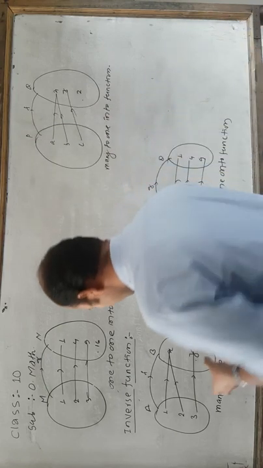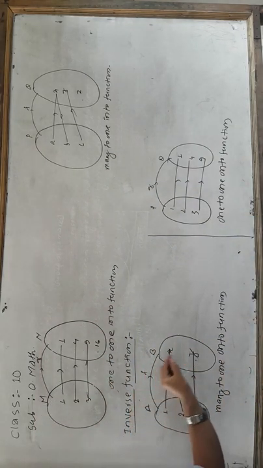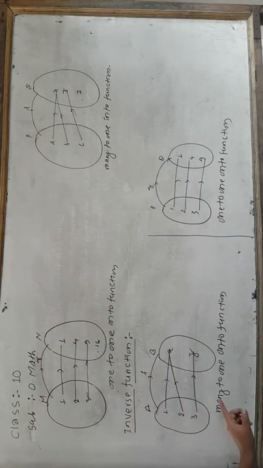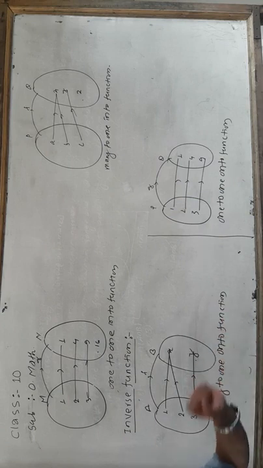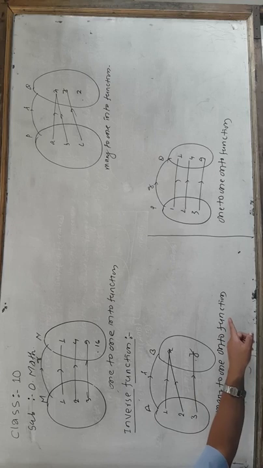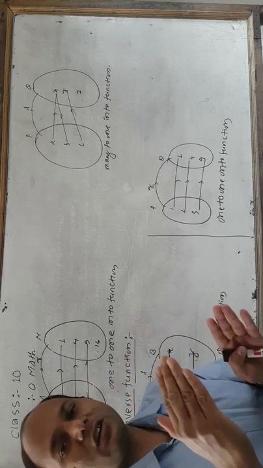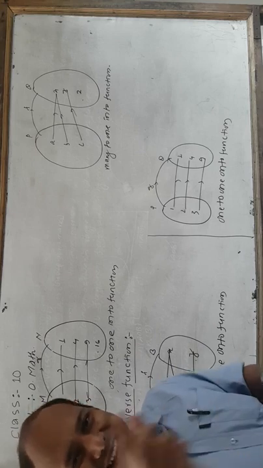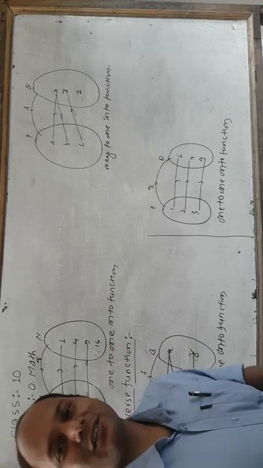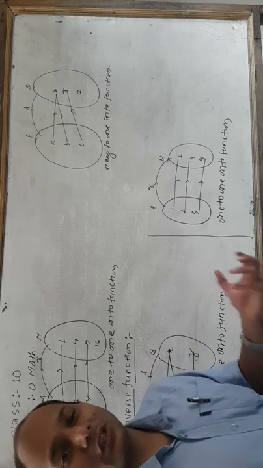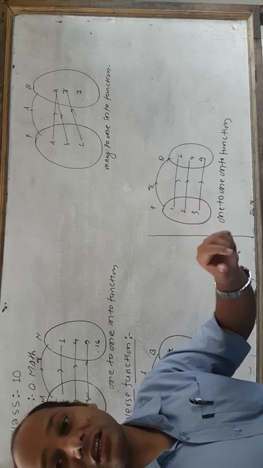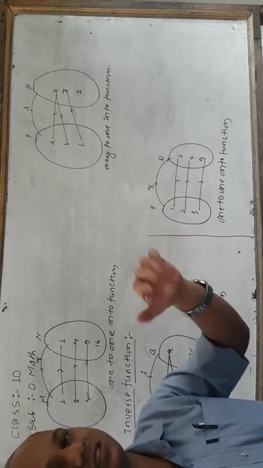Now look here. Here we have given a function, its type is many to one onto function. And you know what is the main theme of inverse function? Find a new function by interchanging their range and domain. Then if we get a function, it is called its inverse function. Otherwise, it is not an inverse function.